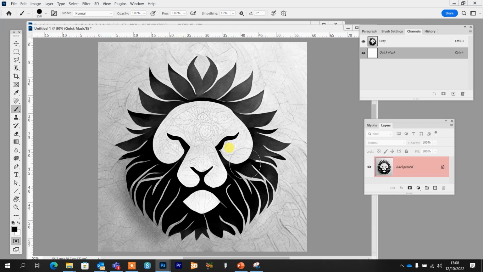So I'm just going to press Q again, go back into Quick Mask. I'm going to go to my gradient. Now if that's not set by default, it's probably set to a paint bucket. You just click and hold, and drag to gradient. Mine are set to black and white, which is what I want. If they're not, just press D, and that will reset that to black and white. And I'm thinking from about here up to about here is where I want that gradient to be. So I'm just going to click, drag,